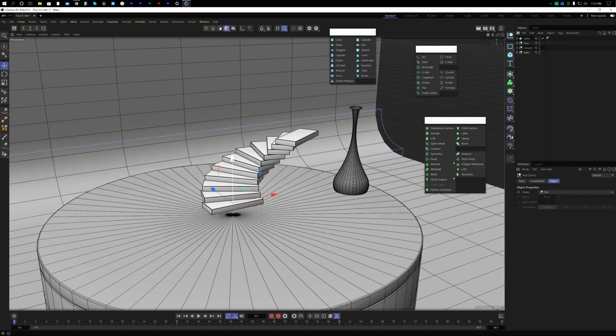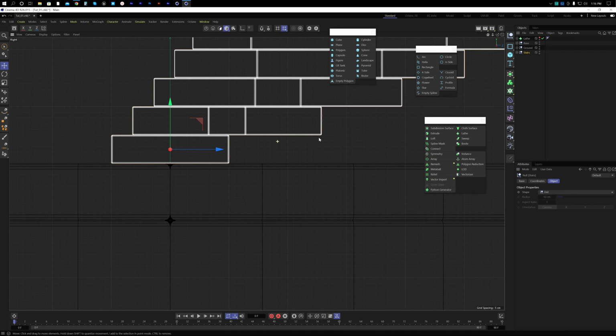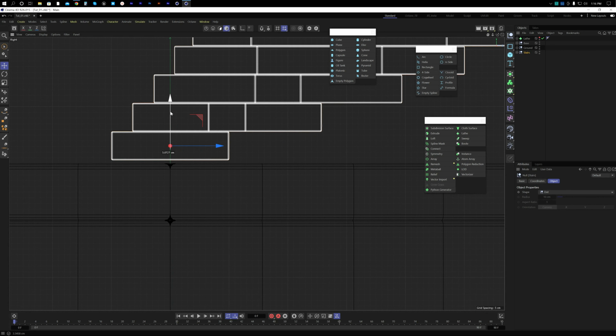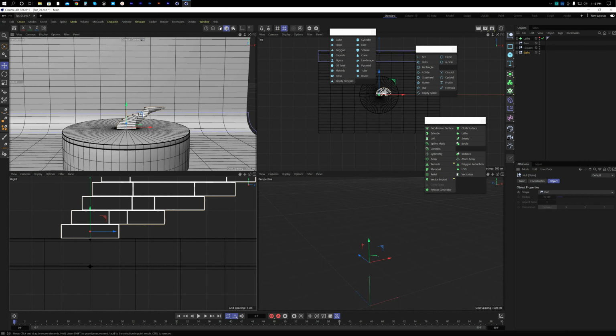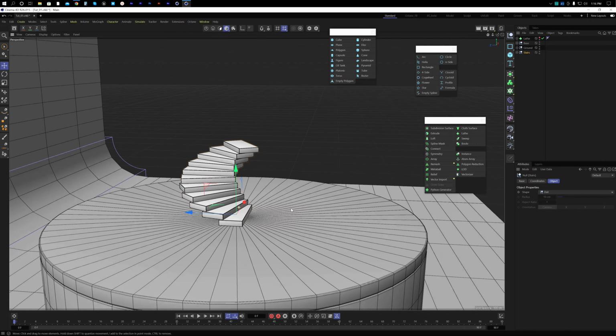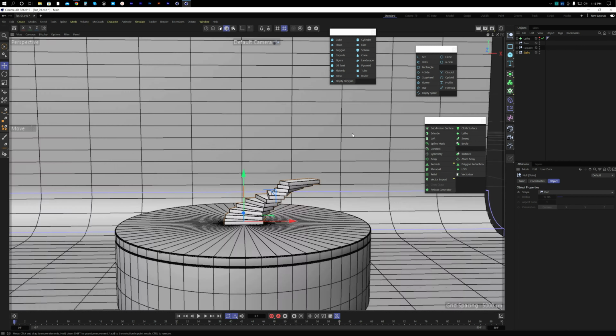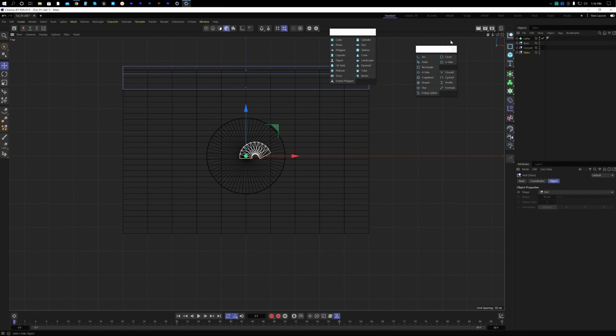So we can make the stairs on the floor, because it should be on the floor, and we can make it perfectly from here. Maybe we don't need this now. Yeah, okay, something like that. And then we wanna make some side for this, and for that we will again use the, we don't need this, we can close them,